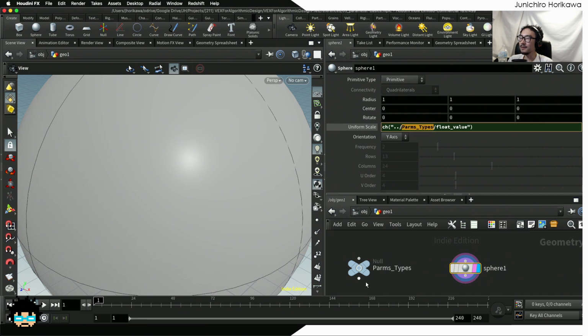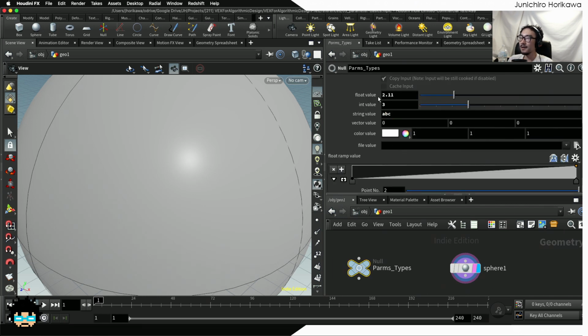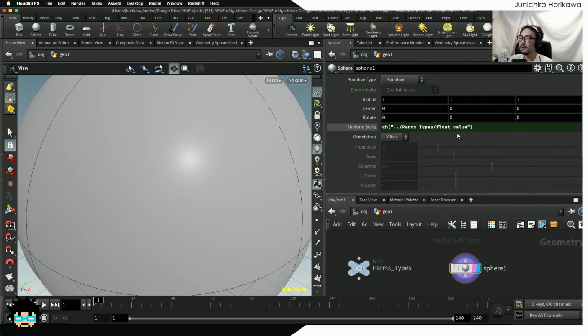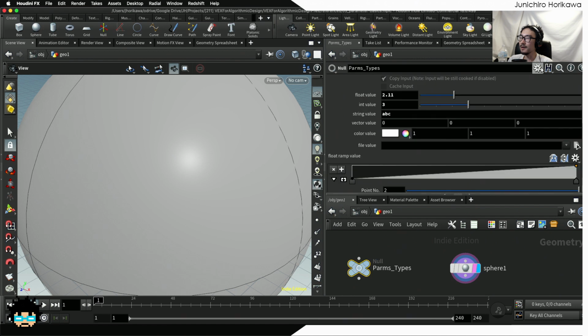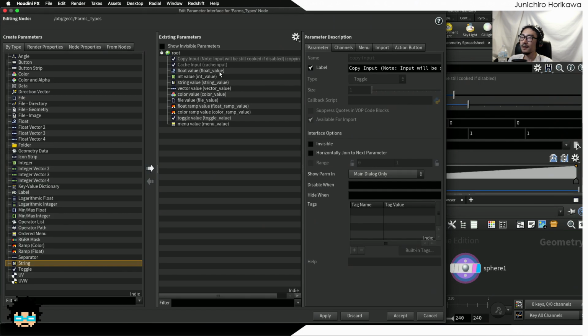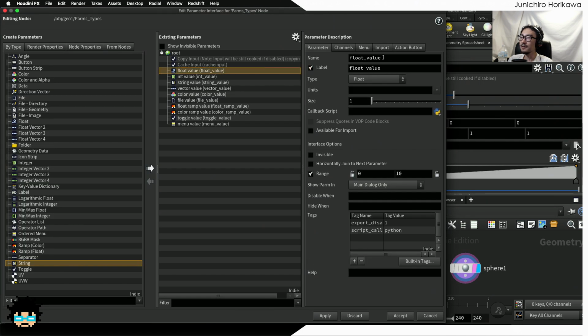This is the name of this new node, and then you have a slash, and this is the name of your actual parameter name. And this is different from this label here. You see that you have an underscore right here. So if you go back to the edit parameter interface, what you are using is this name value instead of this one. This label is just the one that is shown inside this